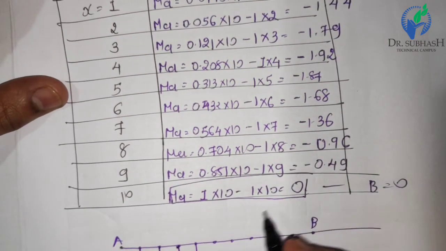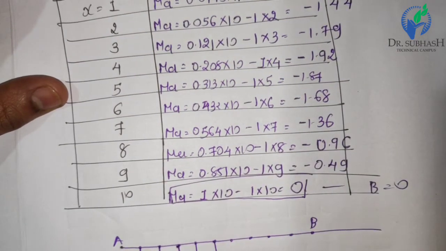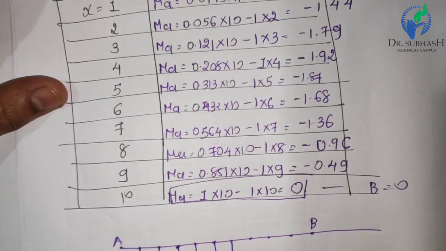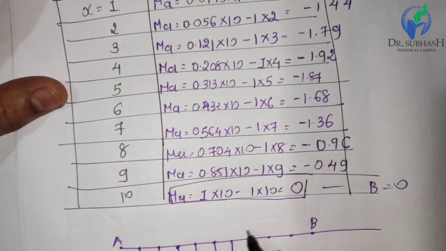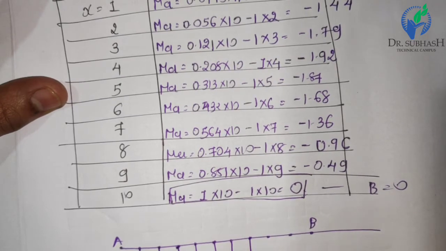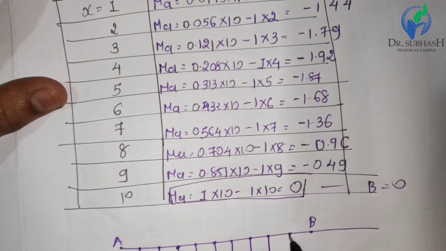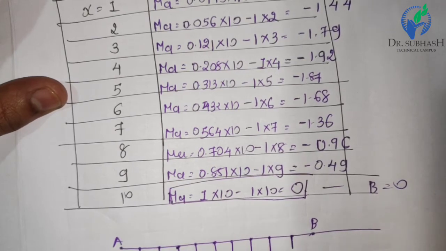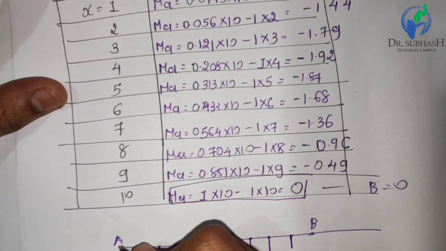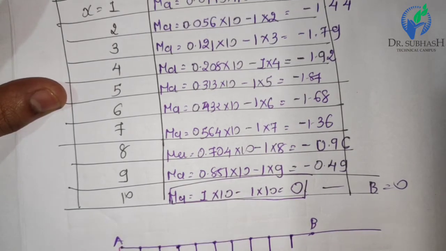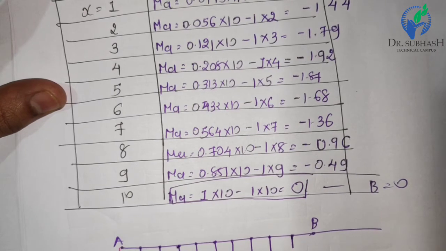Then 1.87, then 1.68, then 1.36, then 0.96, then 0.49 and 0. So if you connect all the points using a curved line, this is our